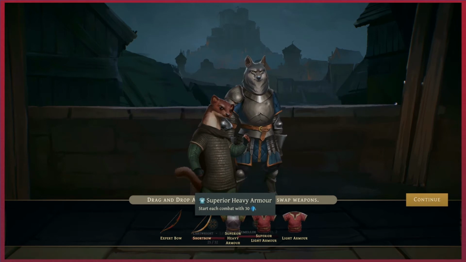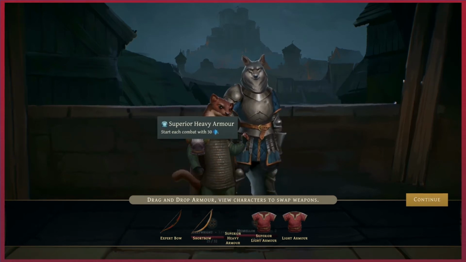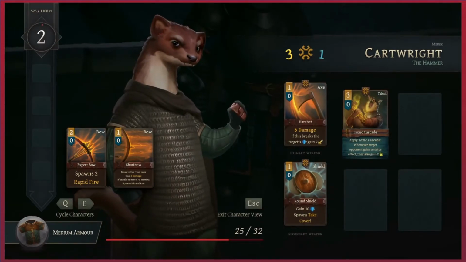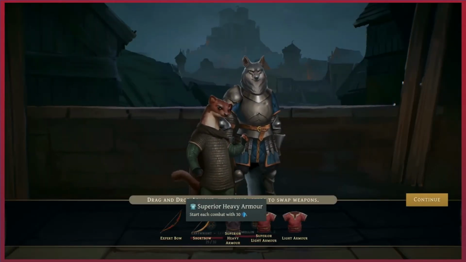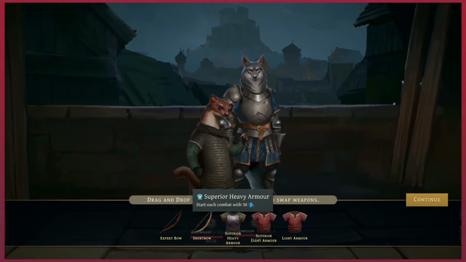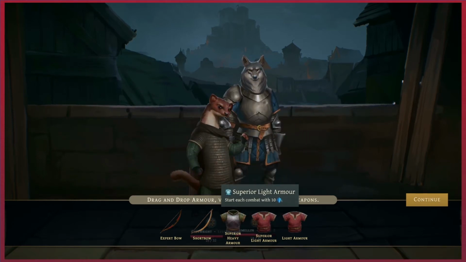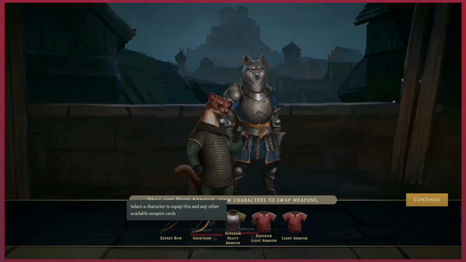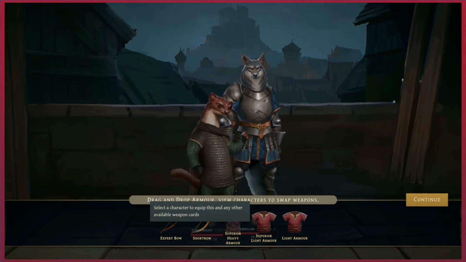And then... Come on. Wait a minute. Why won't you put on the armor? Why won't you put it on? Come on. Help me out here. Okay, so you can wear it, but can you not? Weird. Very weird. Okay. So let's have a look at...